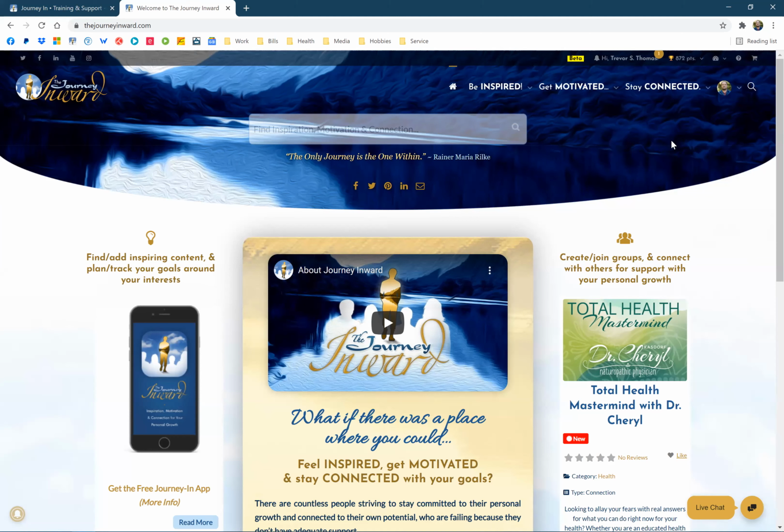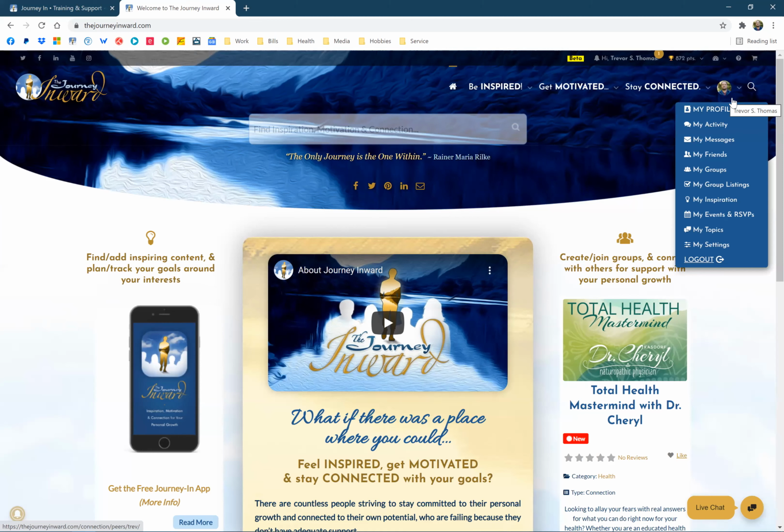Hello. Today, I want to walk you through creating a live Zoom room in your group. So the first thing you do is, once you've created your group, you go to your profile icon in the